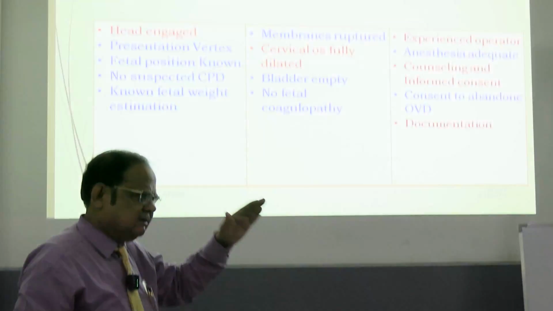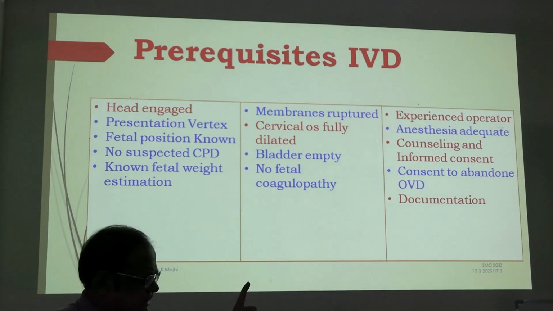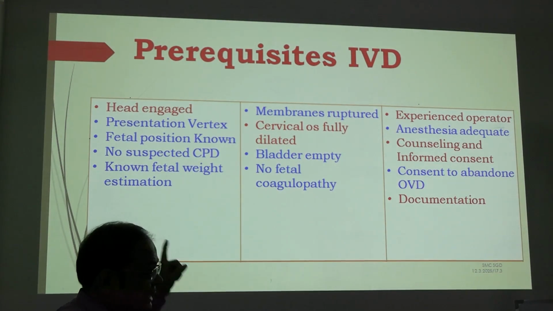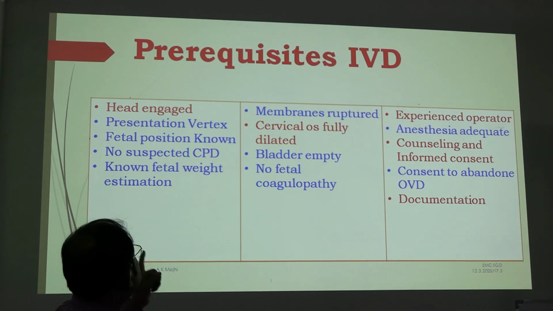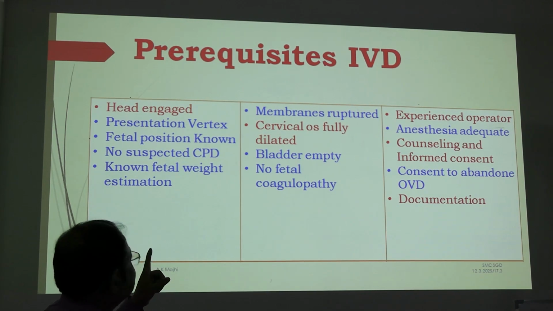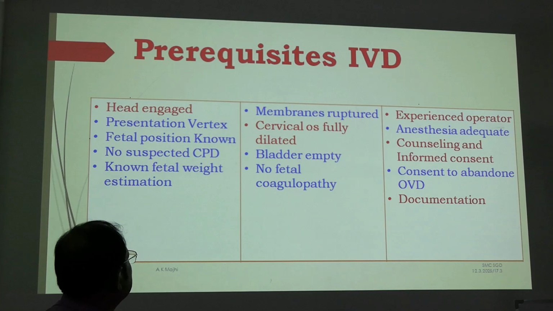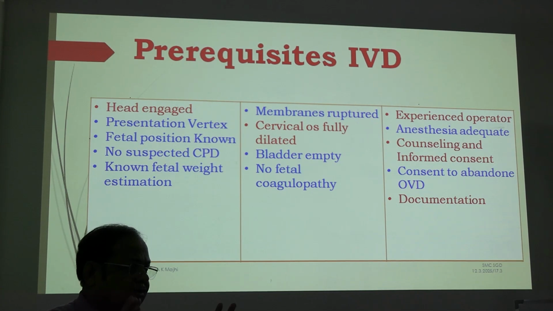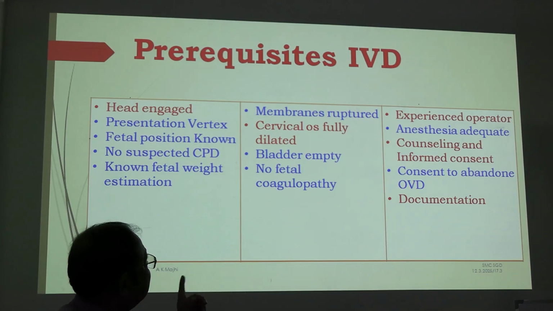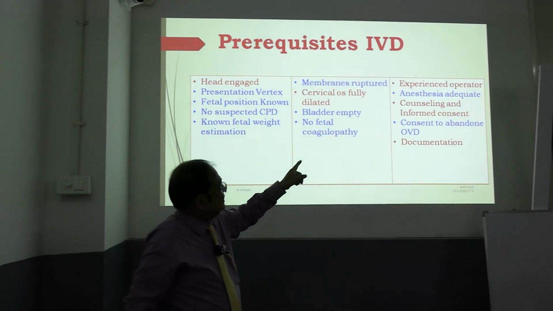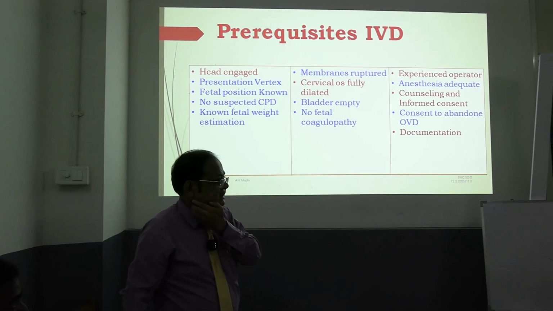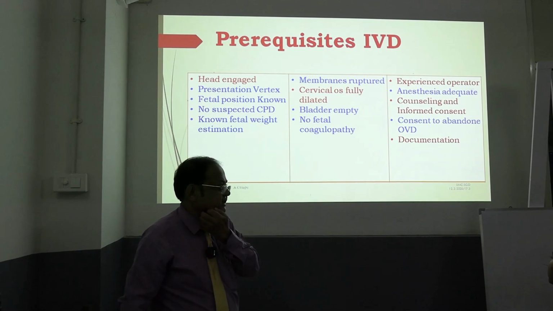This is the contraindication. তারপরে prerequisite, অনেক বইয়ে বিভিন্ন রকম লেখা আছে, কিন্তু মেনলি আমি যা বলেছি: হেড এনগেজড হতে হবে, মানে হেড লো ডাউন। প্রেজেন্টেশন ভার্টেক্স, ফিটাল পজিশন নোন, পজিশনটা জানতে হবে, রোটেট করতে হবে। Suspected CPD নয়, known fetal weight estimation, ফিটাল ওয়েটটা জানো, যদি 4.45 কেজি বেবি ওয়েট হয় তো বেরোবে না, আটকে যাবে, শোল্ডার ডিস্টোসিয়া হয়ে যাবে। Membrane rupture, cervix fully dilated, and experienced operator and anaesthesia adequate, নাহলে পেশেন্টের লাগবে।